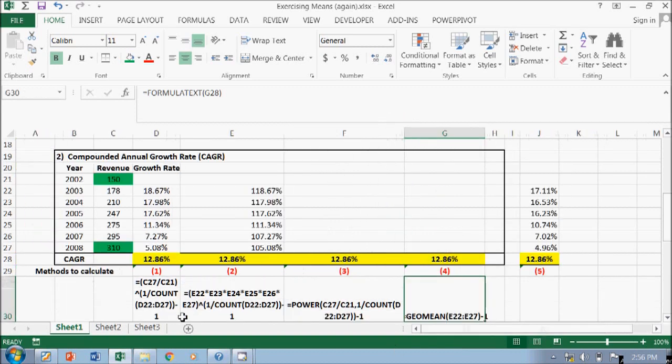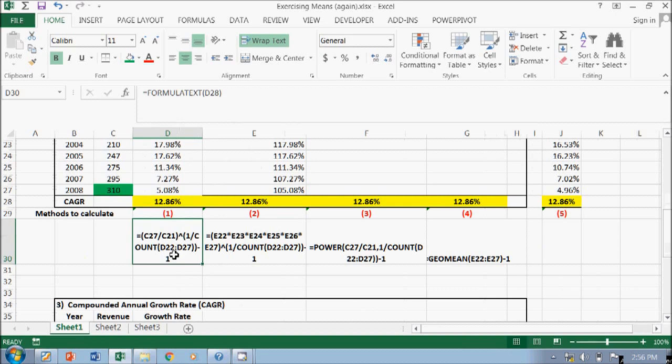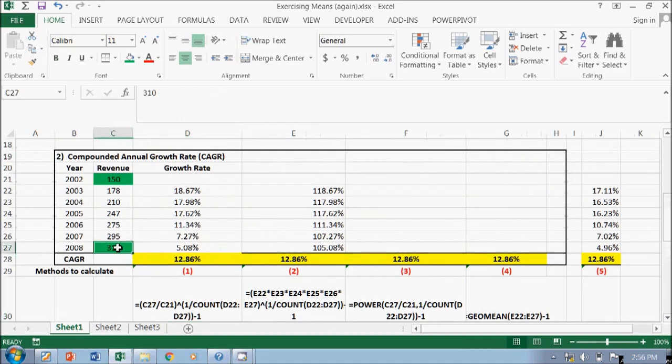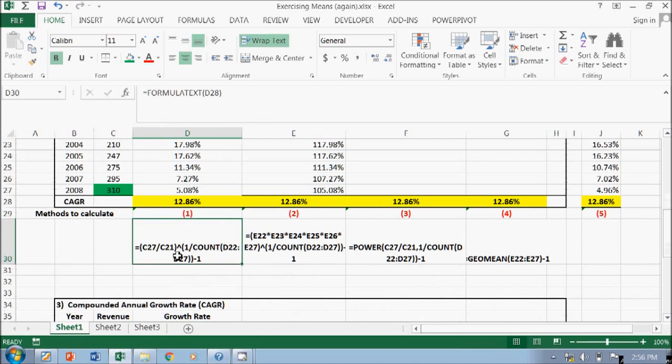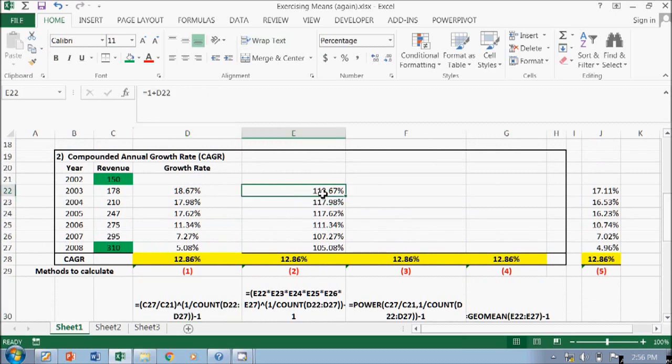Right, so you can see the formula that I use. This is the first formula. Basically, I just take the 2008 revenue divided by 2002, so you're going to have this formula. And the second formula, this is what we're doing: we have to add each growth rate to 1.